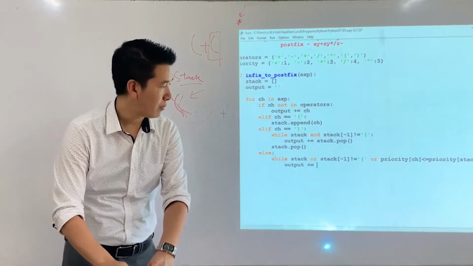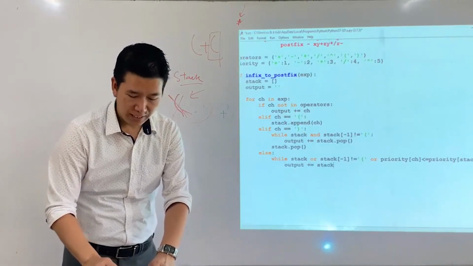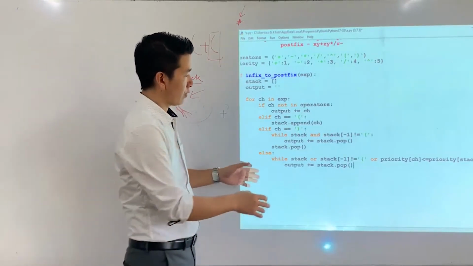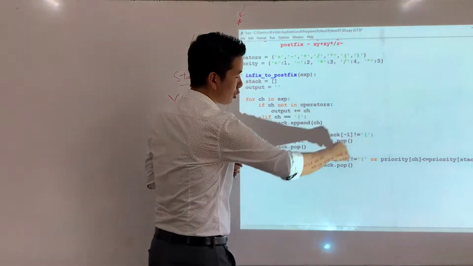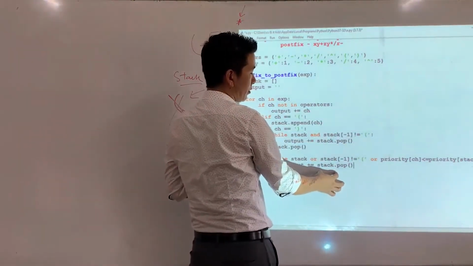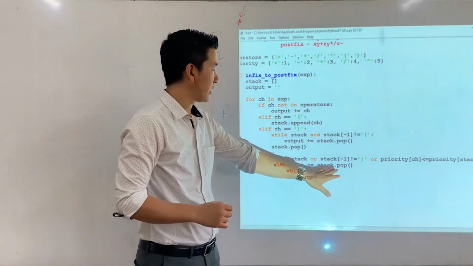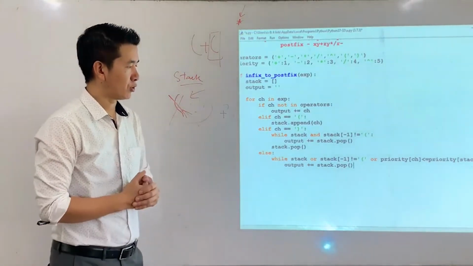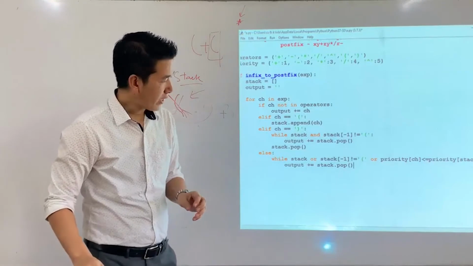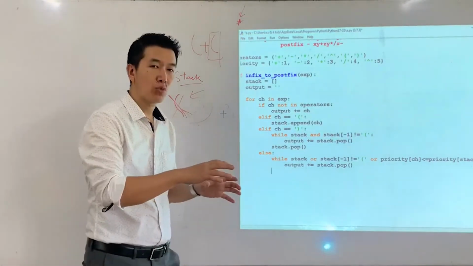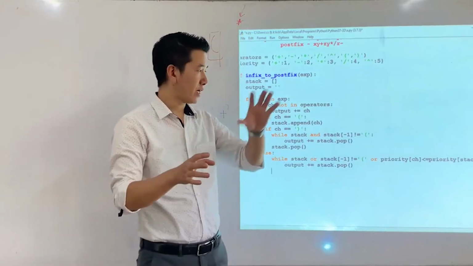equal, I need to pop, remember? And then for that, stack dot pop, right? So from the stack, if the condition is true, and then I pop it, okay? And then I pop this and then have it added to the output, all right? So I need to keep doing this. So once I am finished with the popping and the addition of that onto the output,